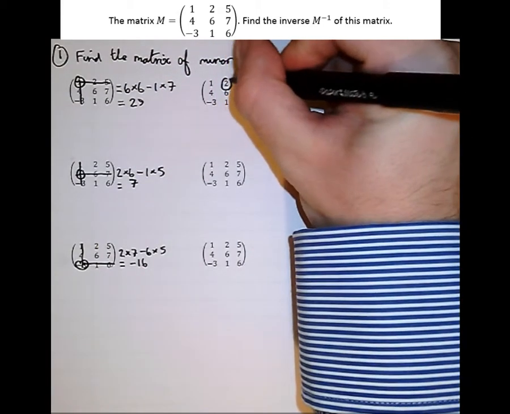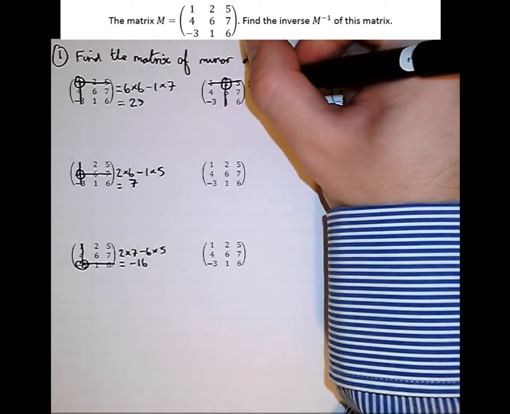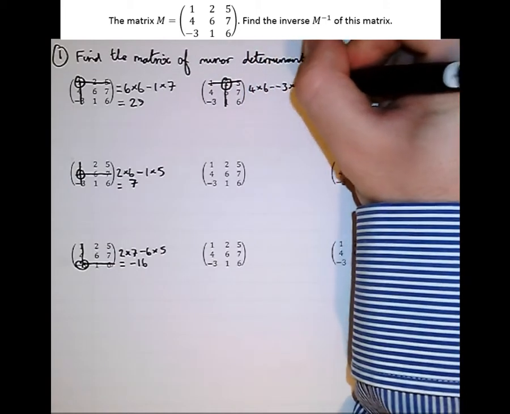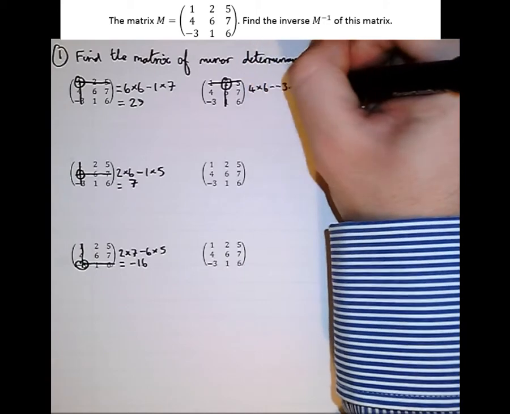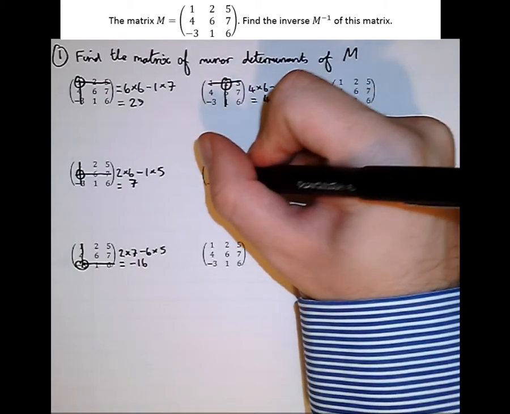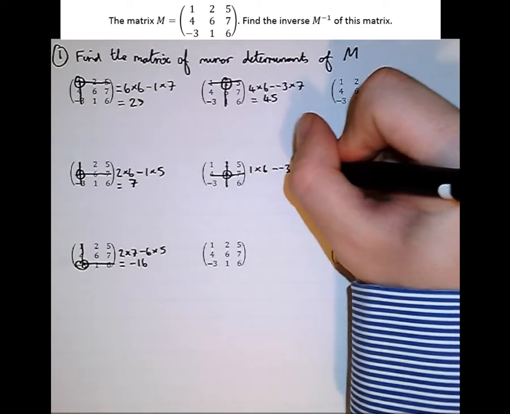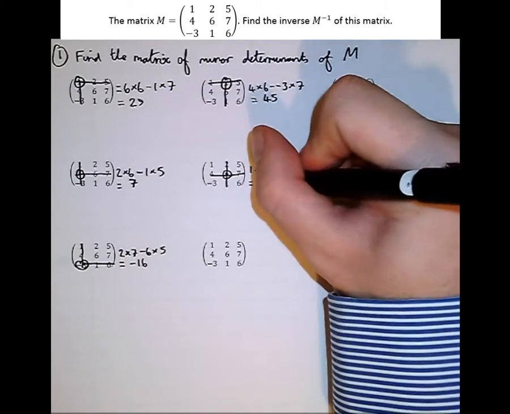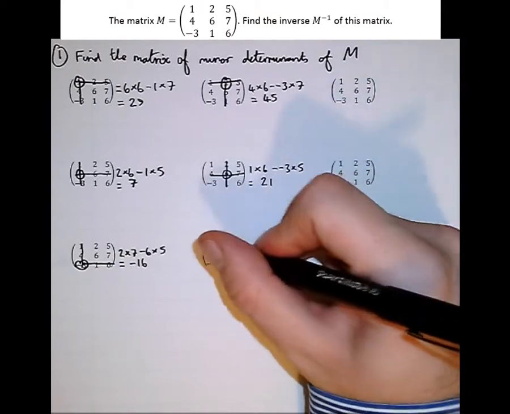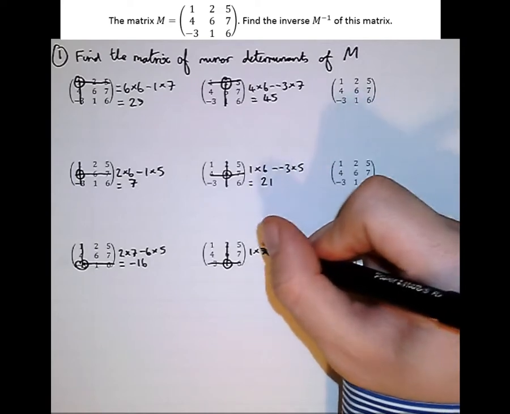Let's move on to the second column. Cross out 2's row and column. The matrix of the minor determinant for this is 4 times 6, take minus 3 times 7, so 24 add 21, which is 45. Now the middle item, cross out its row and column: 1 times 6, take minus 3 times 5, equals 6 plus 15, which is 21. Moving down 1, cross out its row and column: 1 times 7, take 4 times 5, so 7 take 20,